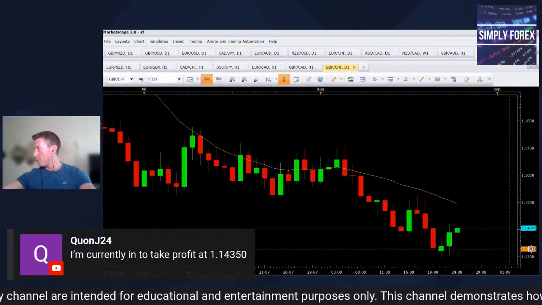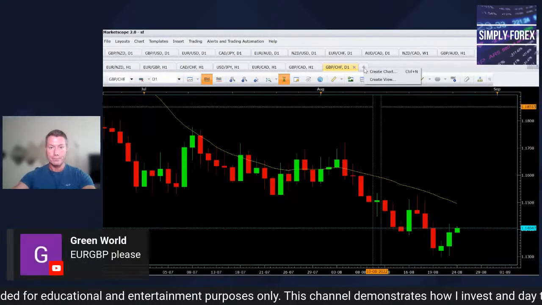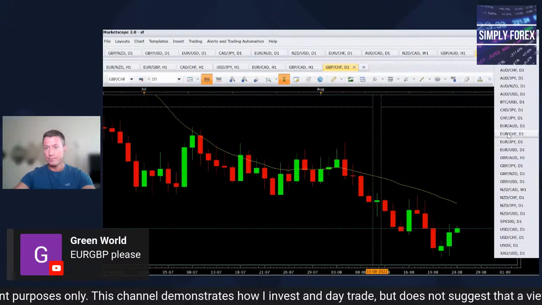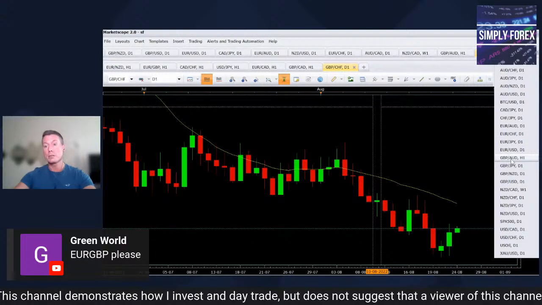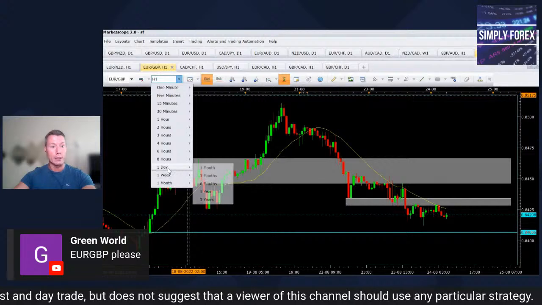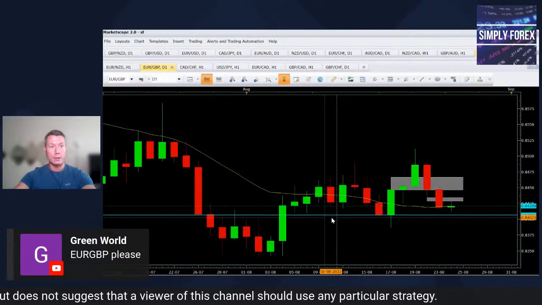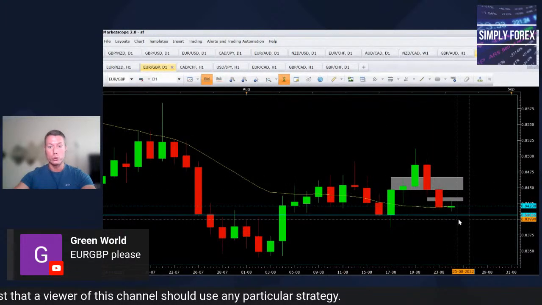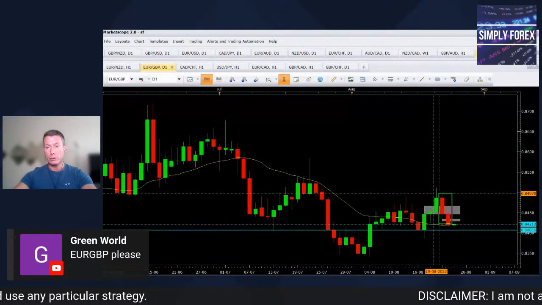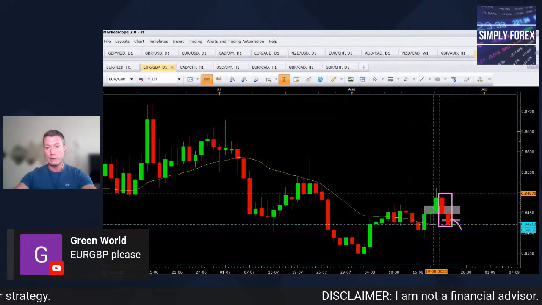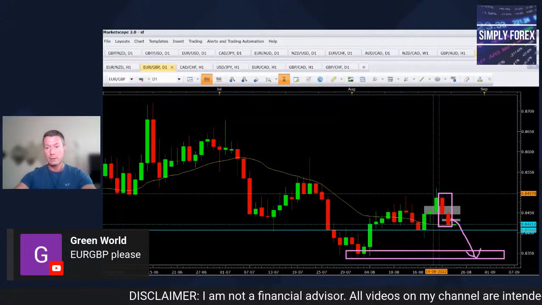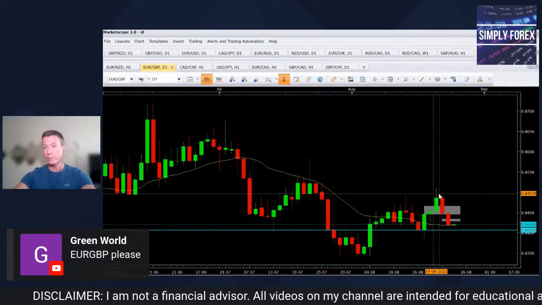Okay, couple more pairs. EURGBP. Let's have a quick look at this one. I'm just going to look at a couple more pairs because I want to get some traders on to speak. EURGBP, we've already done, guys. We've already done the euro against the pound. We're looking for shorts. Still in a downward structure. We've got these two bearish candles. We're looking to take price down to here or even here. So shorts on the euro pound. We've already done that one.